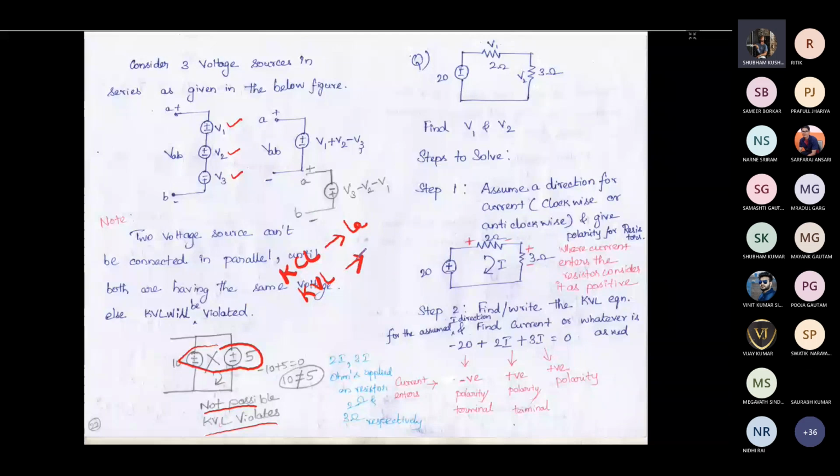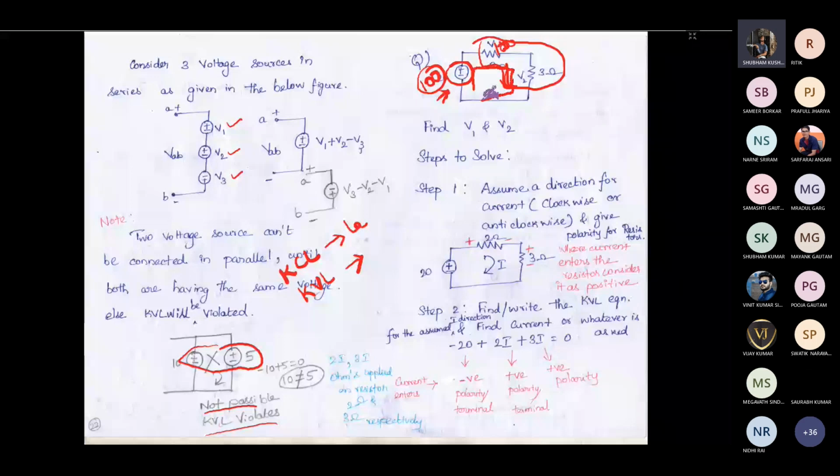Why we say conservation of energy is that the energy provided by this source should be used by these elements. If I'm giving you 100 rupees, the maximum you can spend on the loads is 100 rupees, not more than that. Even then, you cannot spend less than that. Whatever I am giving should be spent. That's why they say the sum of energy within this loop should be equal to 0.